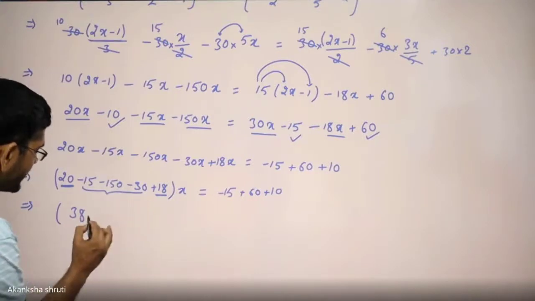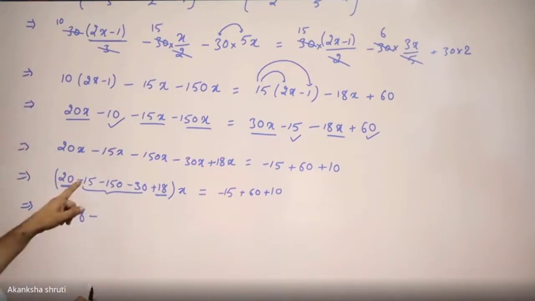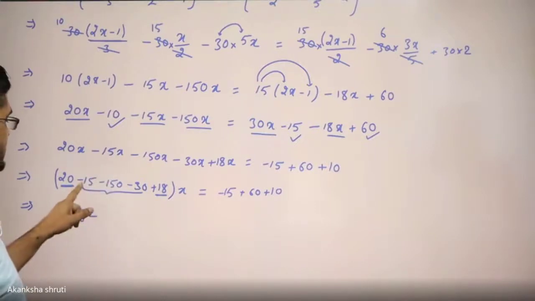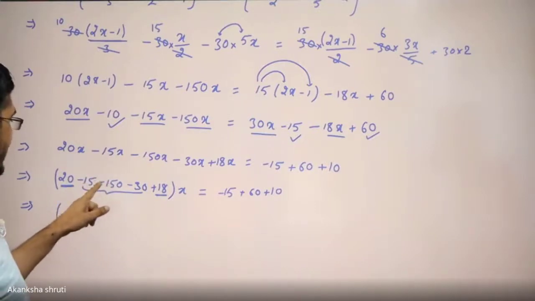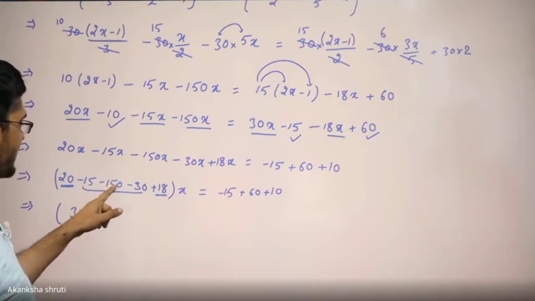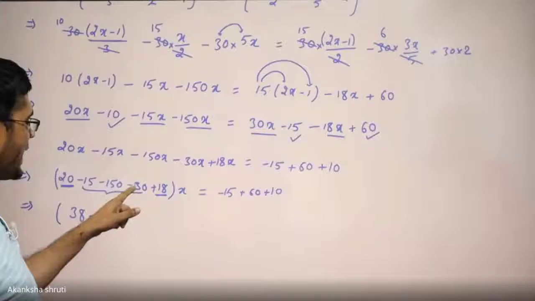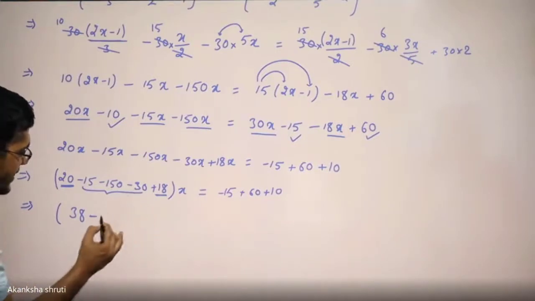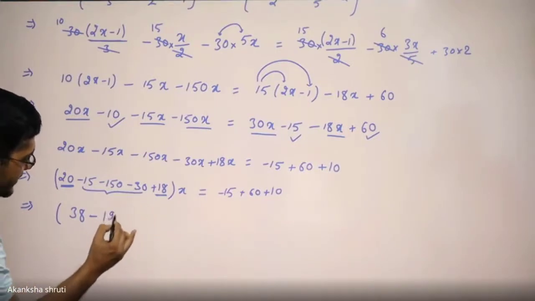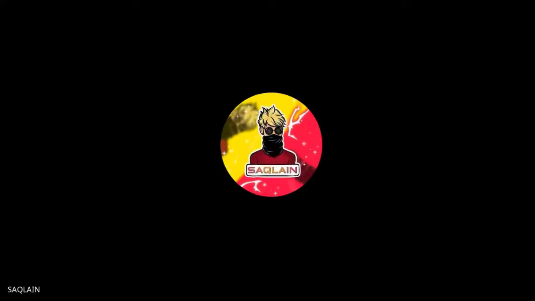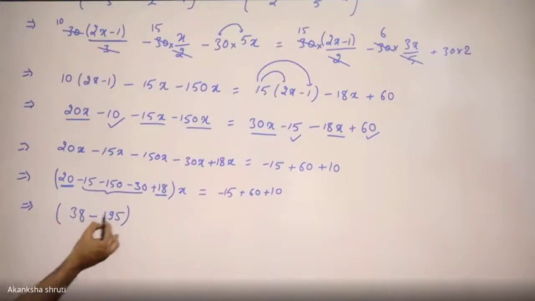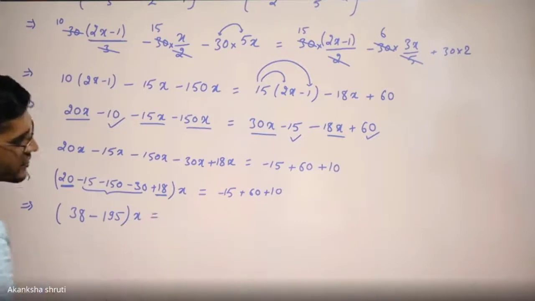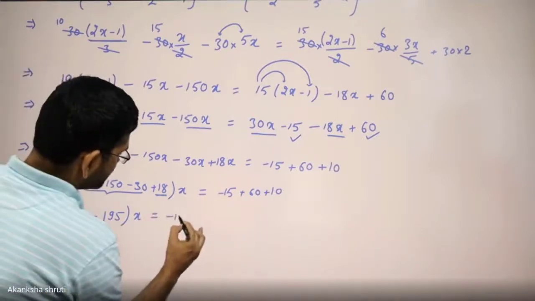All are minus, so put the negative sign. Minus 15 minus 150 means they will just get added. It becomes 165. In that 65, add the 30, it becomes 195. So it is 38 minus 195, and x is already there, is equals to, it is our minus 15,